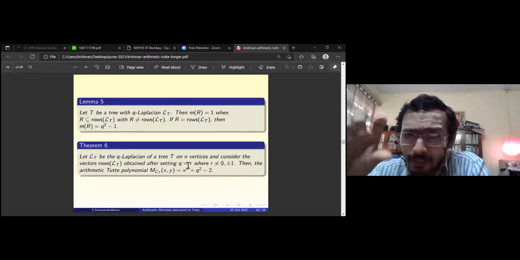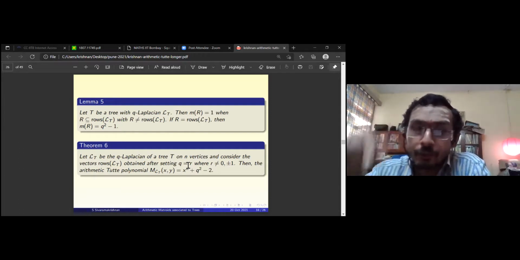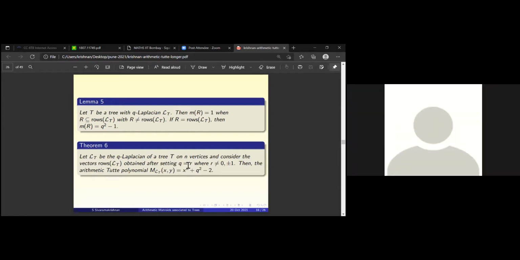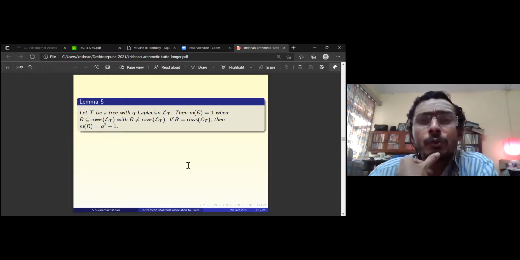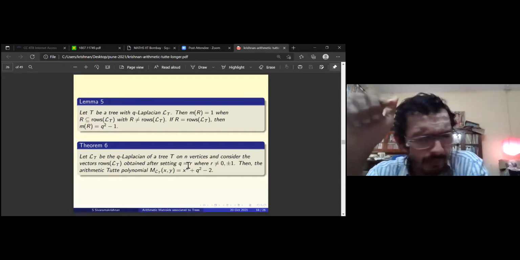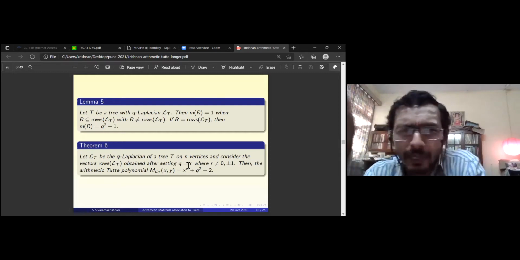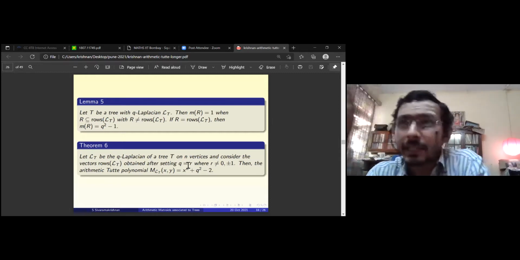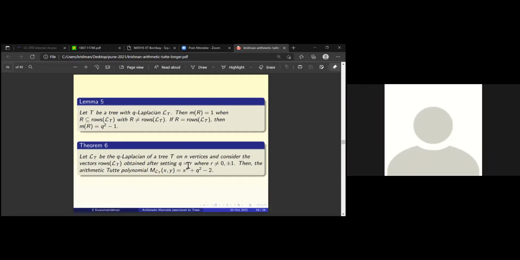That scalar factor depends upon the number of edges and the number of vertices in the graph. It depends on U. What is U? The variable. I'm thinking of Q as a variable. Q is U. Okay. So the multiplicative factor will be 1 minus Q squared for me. You can put it 1 minus U squared to the power m minus n or n minus m. I don't remember the exponent. It's either negative. But it depends on the number of edges and the number of vertices.